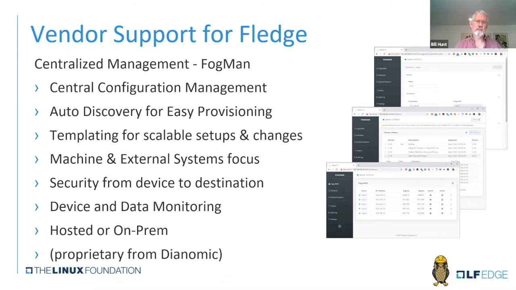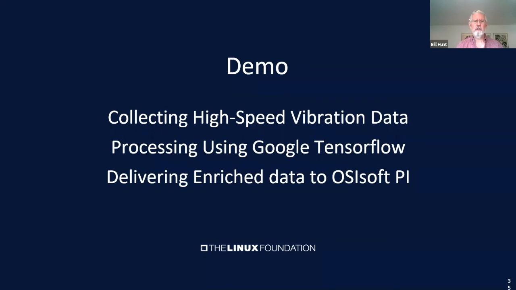It has templating, so everything is scalable. It has a focus on the machines that are being monitored, so you can have screens that show you the status of those machines. It's very secure from the device to the destination. And in addition to doing the configuration, it monitors the devices and the data, and it can be hosted or on-prem. And with that, I'm going to turn it over to Ashwin, who is going to demo